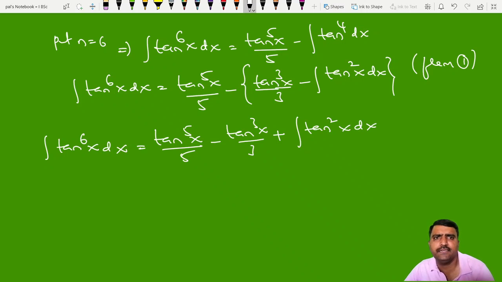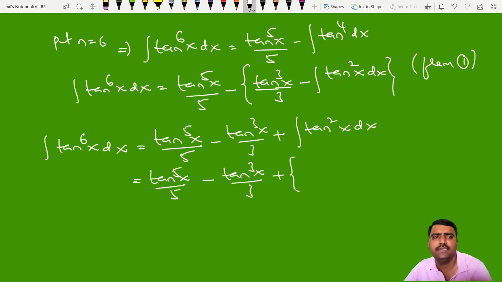You can find the tan square x value directly, or again you can use the formula. Let us use the formula. So it is tan to the power 5x by 5 minus tan cube x by 3 plus